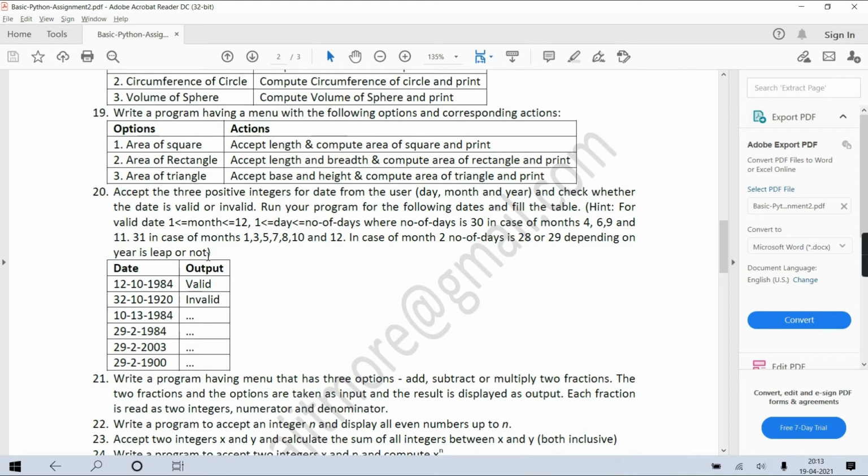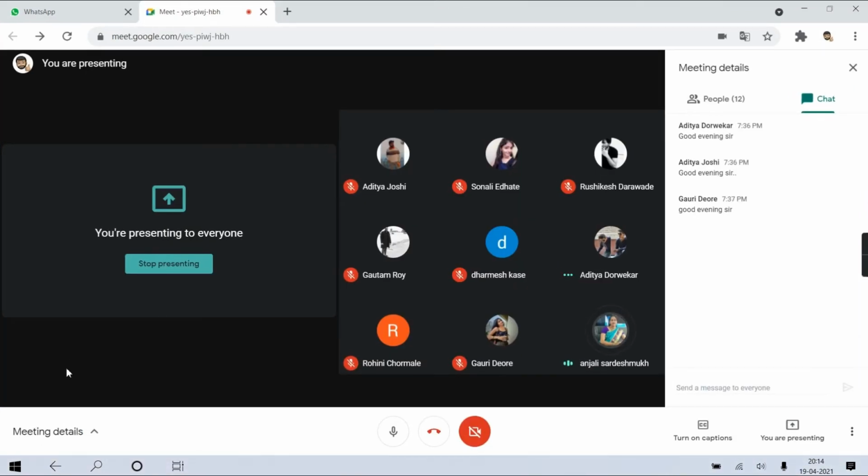But the first question is how to check whether the year is a leap year. So first that criteria is needed. I hope you know how to check whether the year is a leap year. So what is the criteria for a year to be a leap year? Anyone of you? If it's divisible by 4,